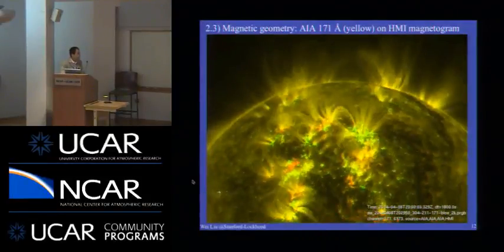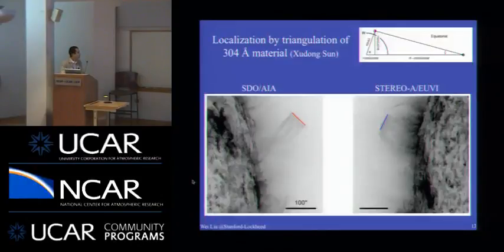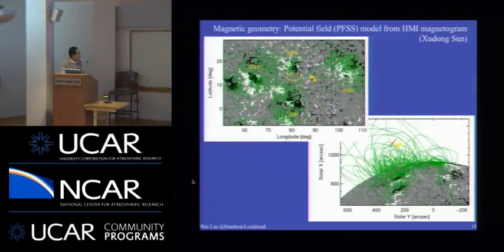If we do some triangulation with AIA and STEREO to look at the 304 cool material, we can pinpoint where that material is formed in absolute location. Dr. Shidong Sang did this triangulation and found the location, and here's where this is located, between several active regions. Obviously these active regions form some sort of quadrupole structure, and in the neighborhood there are